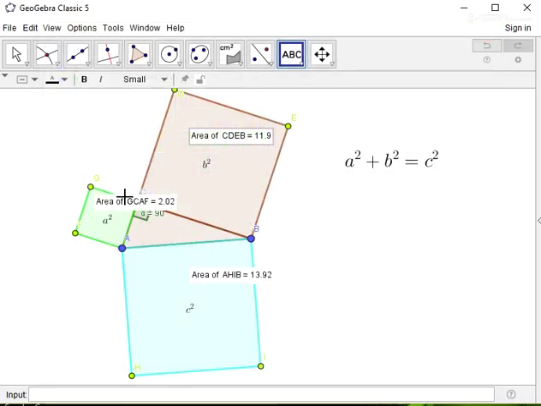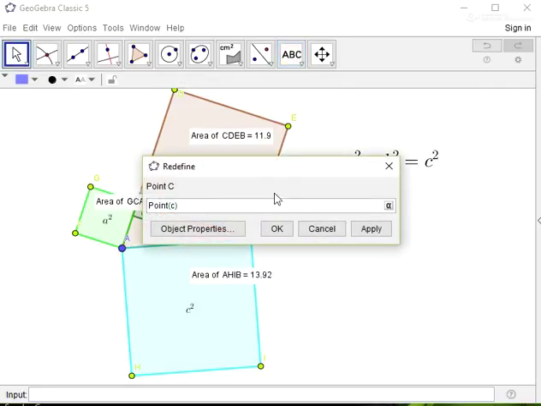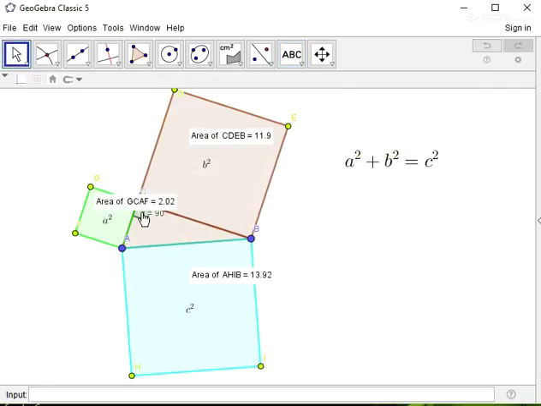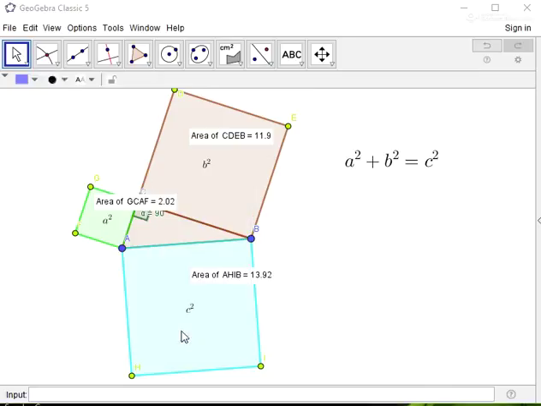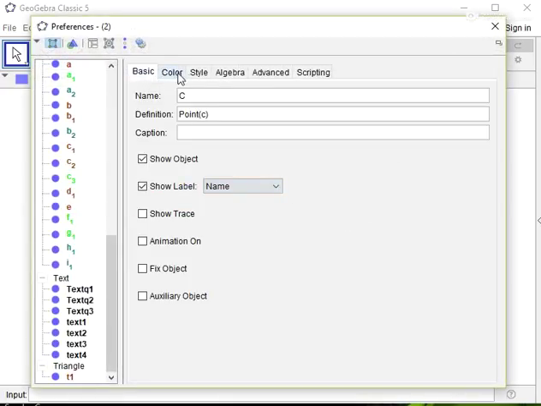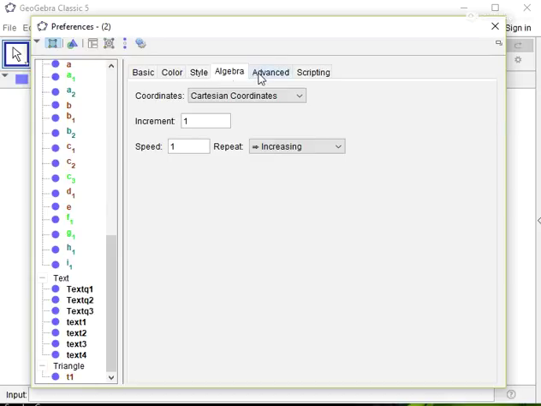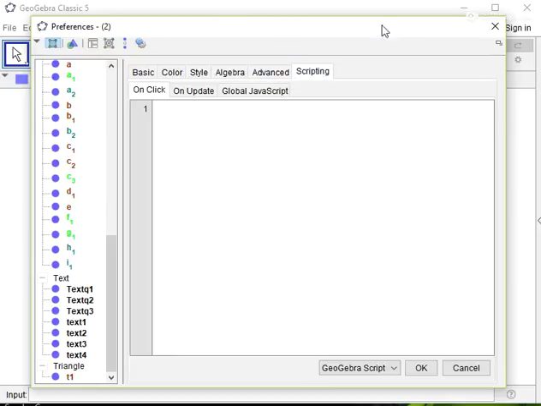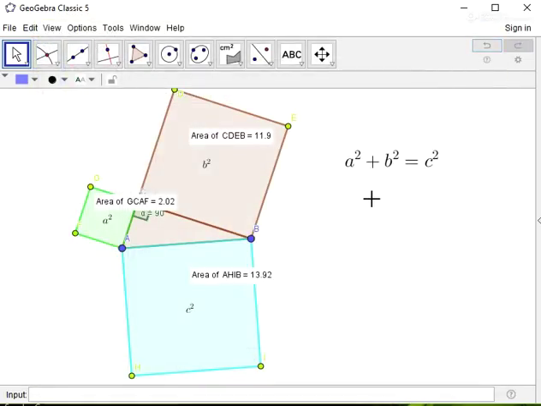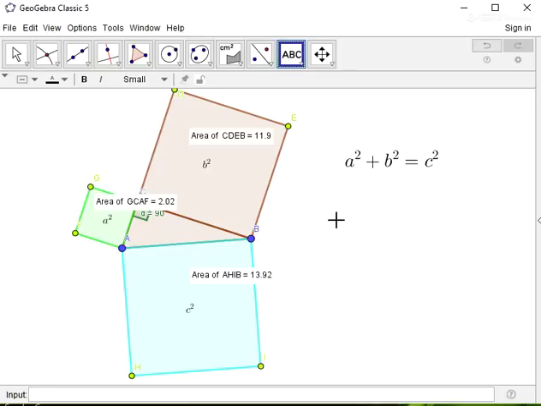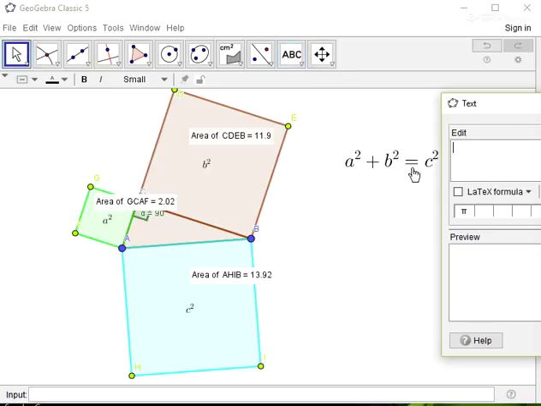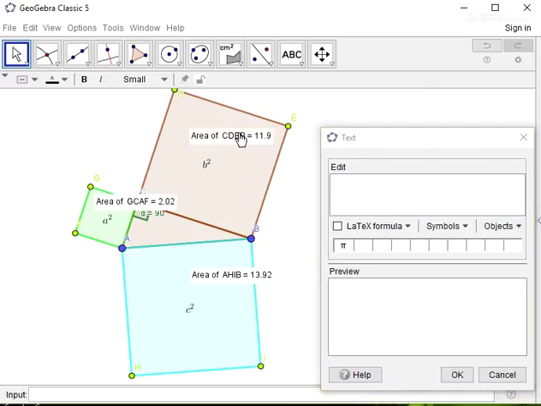Object properties, basic, style, algebra, advanced, scripting. Okay, so let me just go ahead and do the text. So I have the first area,